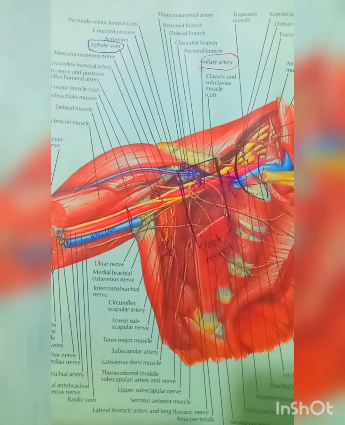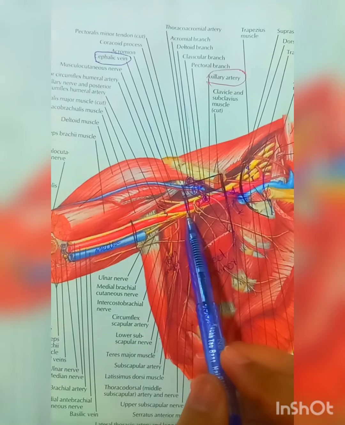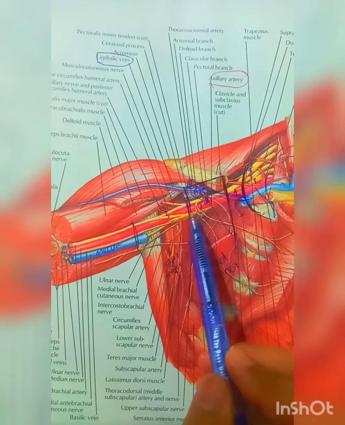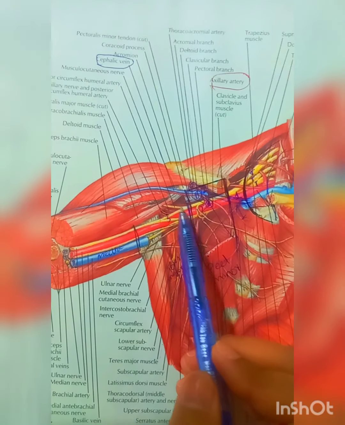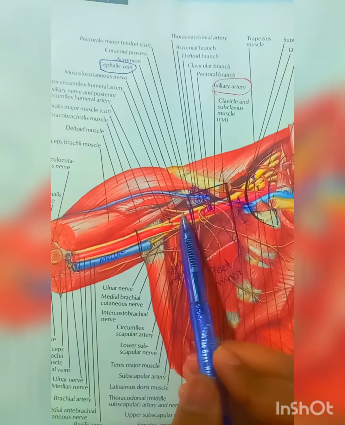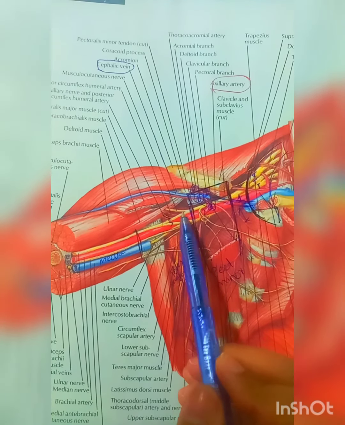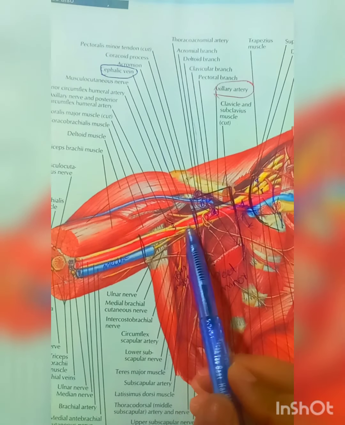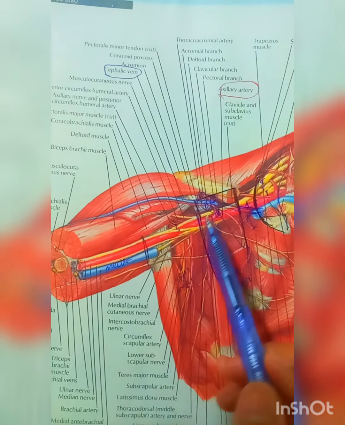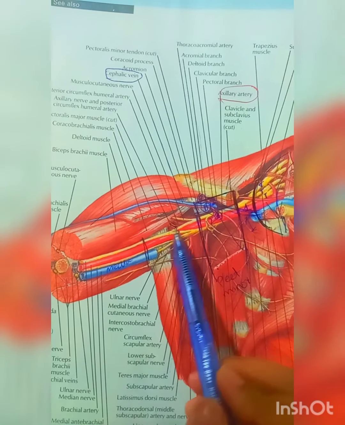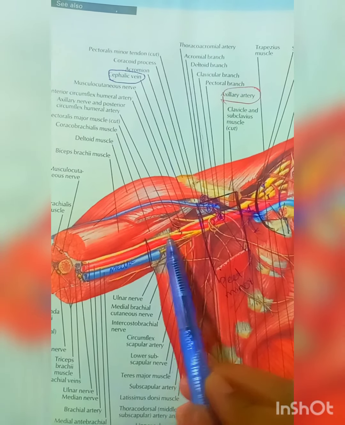Guys, the third part of the axillary artery: anteriorly, as you see, we already discussed, this is the medial cord, this is the lateral cord. So in the third part, first of all, laterally the musculocutaneous nerve is present. This is the musculocutaneous nerve which originates from the lateral cord of the brachial plexus. The musculocutaneous nerve and the lateral root of the lateral cord. So guys, this is the lateral cord of the brachial plexus which gives off the lateral root, and this is the median nerve.